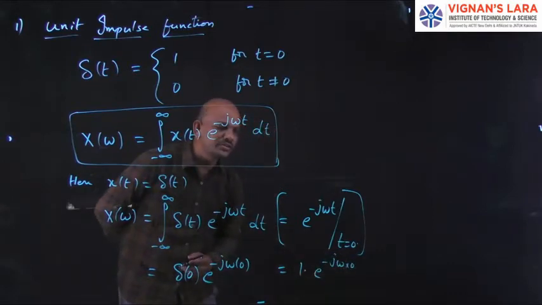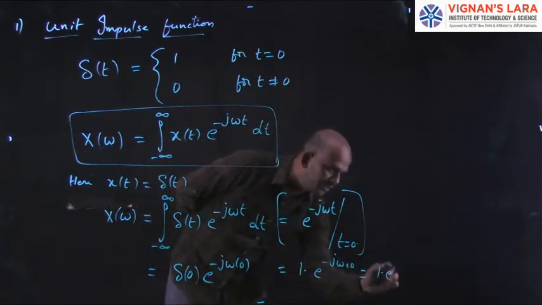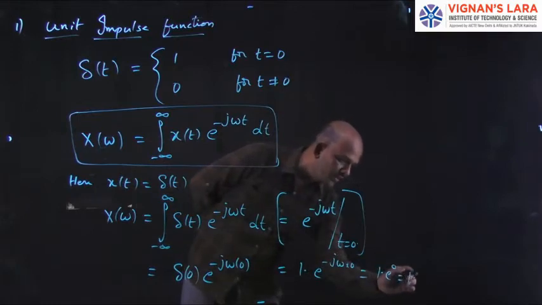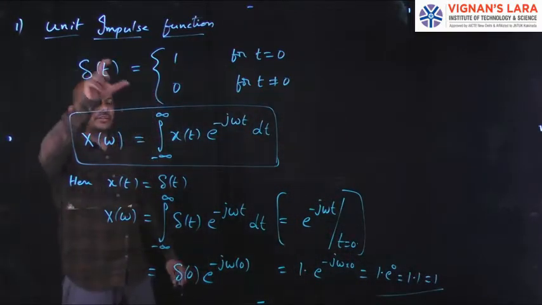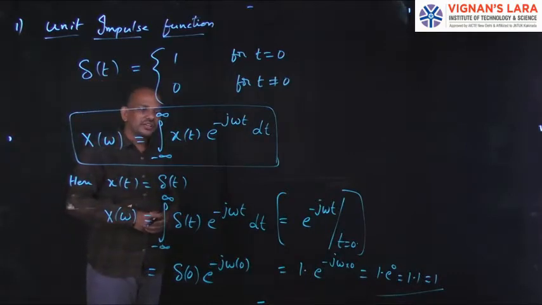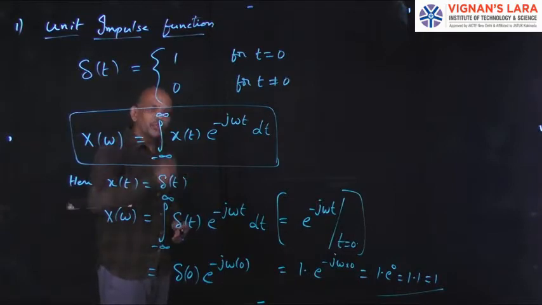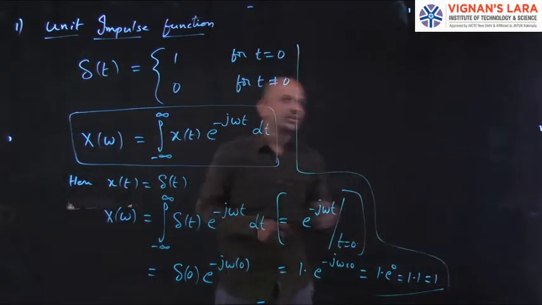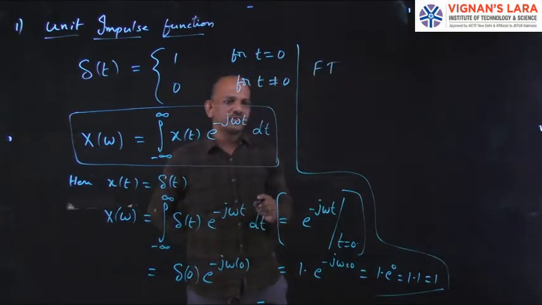Anything into 0 is nothing but 0. So that will be equal to 1 into e power 0. That will be equal to 1 into 1, or simply 1. Okay. So for unit impulse function, the Fourier transform value is equal to 1. So how can you write that one? So I need the Fourier transform